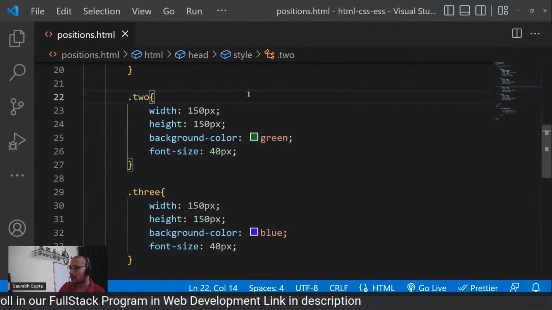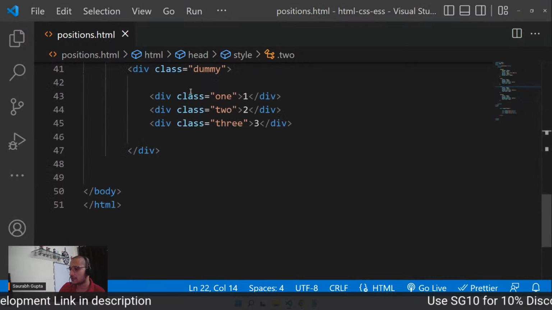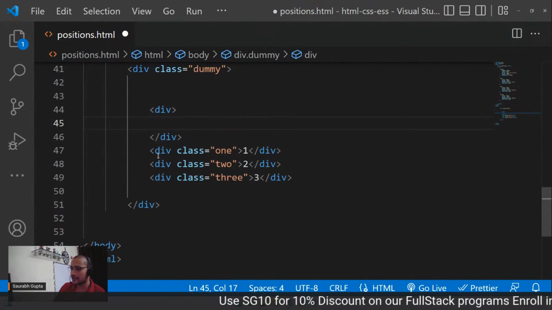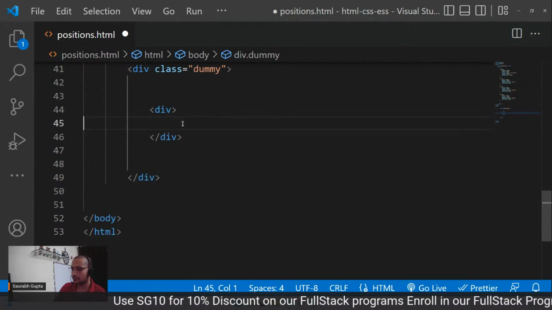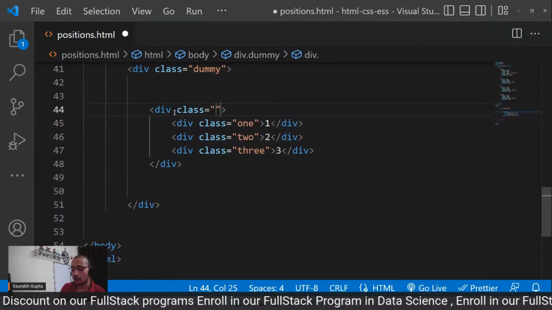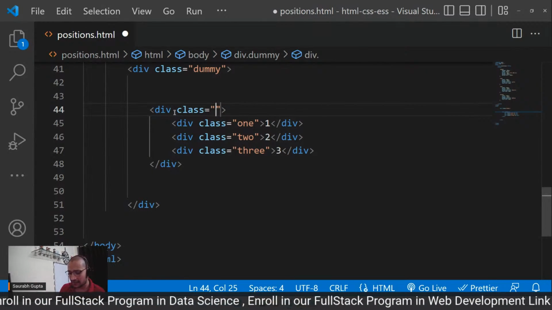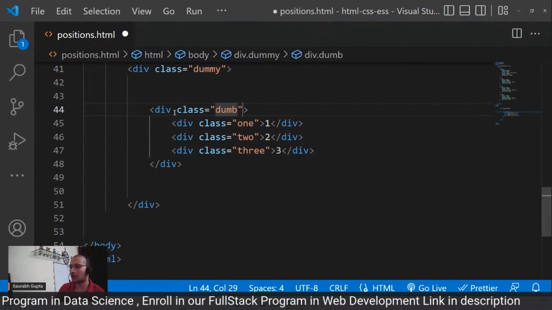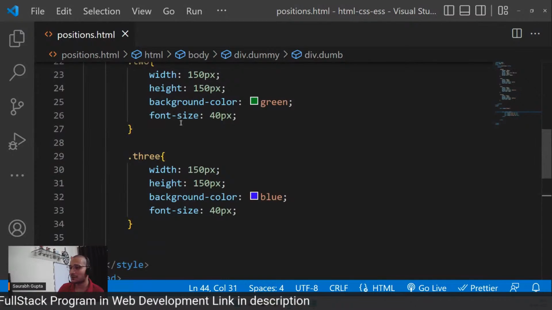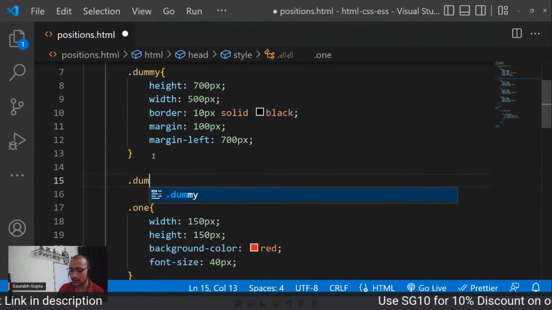Okay, I'm also planning to create one more parent on top of this. Let me just create that as well. So div, one more parent, guys. Let me call this, what do you say, dummy, and let's say anything like dumb, whatever you like, guys. I'm not just thinking of classes. So dummy, and then I have dumb. So dot dumb